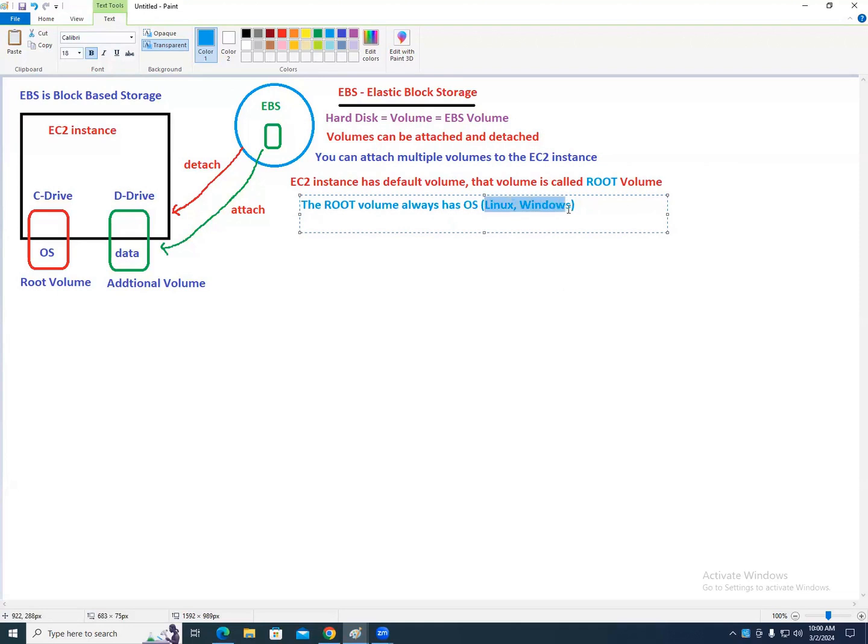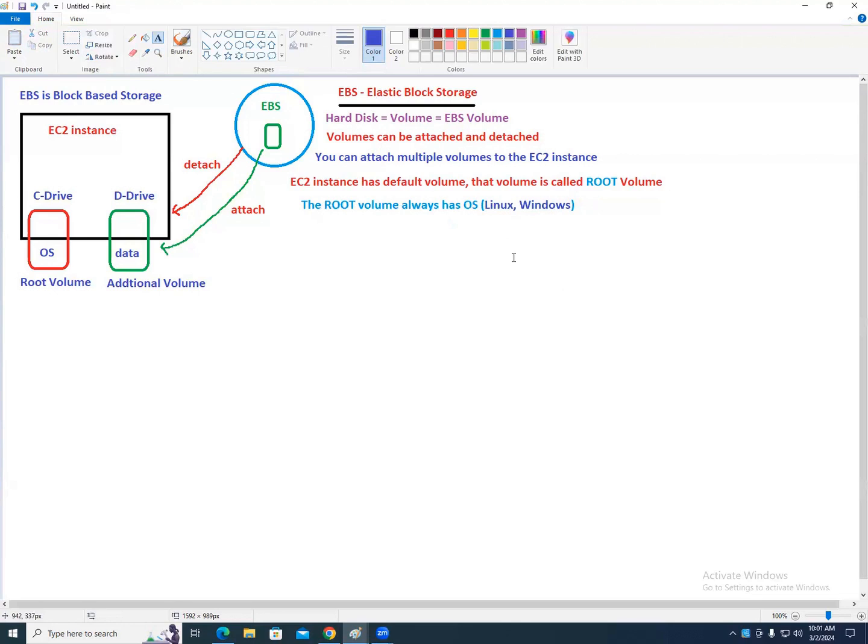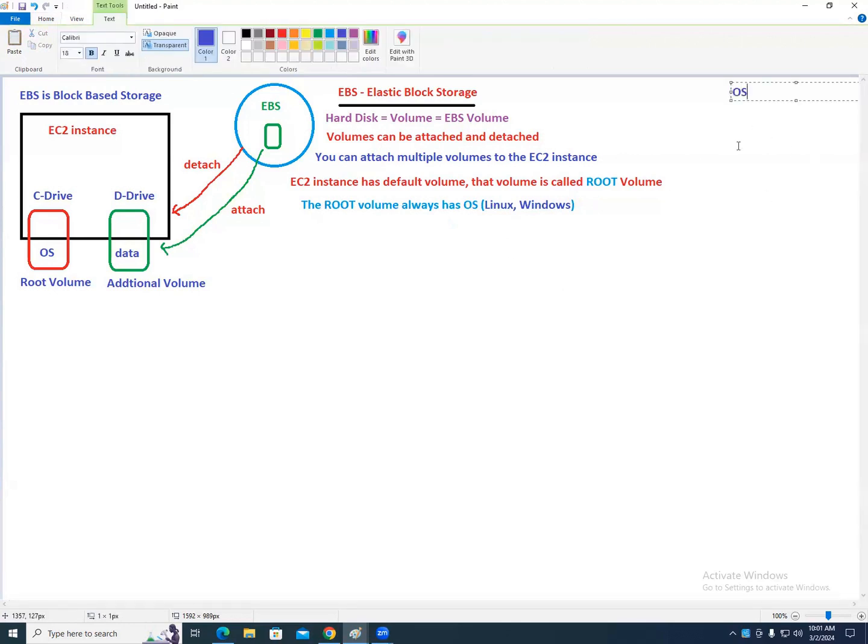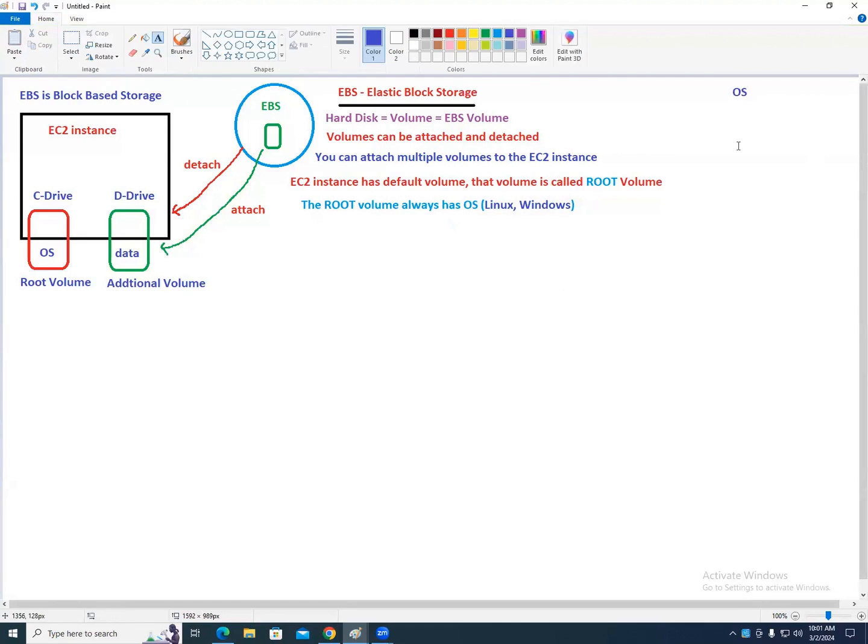Remember one thing here when I say Windows and Linux. It offers both. Operating systems are of many types, but mainly classified into two types: client-side operating system and server-side operating system. What is that? Client-side, server-side.